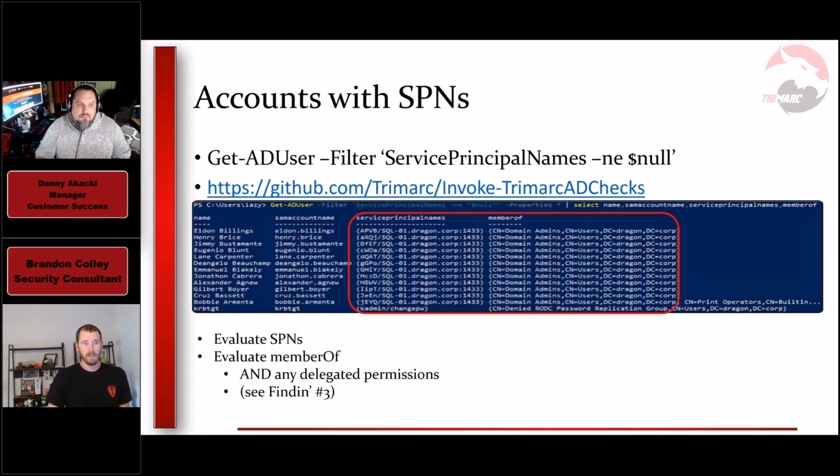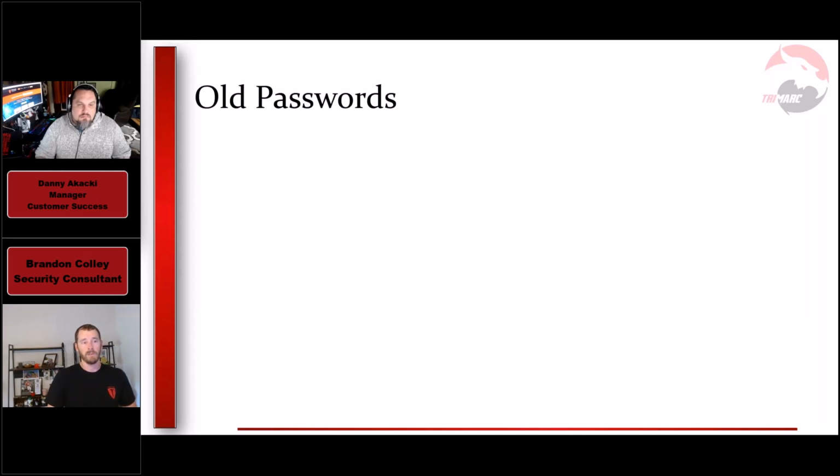So we'll come back to this here in a second, and we'll go to step 4, which is identifying old passwords. So this is important for a couple different reasons. First of all, I would modify that previous PowerShell to make sure that we're pulling the password last set field. And this will give us an idea of how old those passwords are.